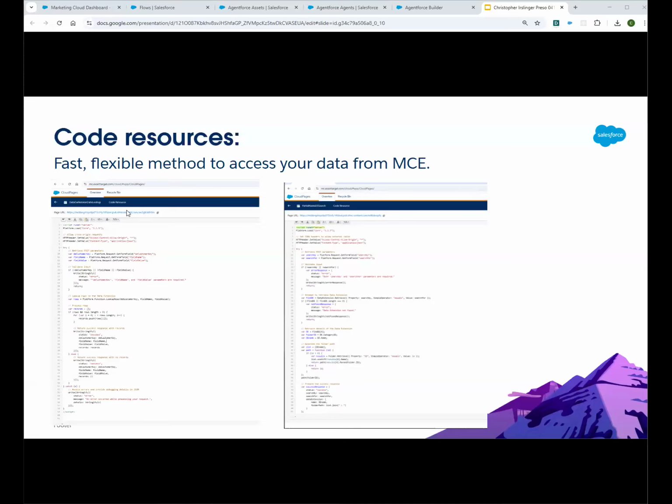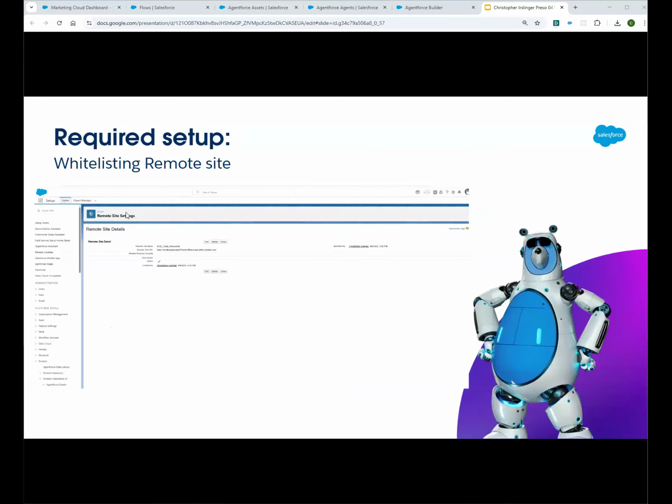A really nice luxury of that is that code resources, because they don't render a page, actually have no cost associated with them. So we're not using Super Messages here because we're not using the actual Cloud Page, just the code resource. So there's no cost associated with this, and it allows us to quickly go in and access that. Instead of having to set up an installed package and getting the tokens of access and all that fun stuff, all we have to do is make sure that that remote site is accessible inside of Salesforce.